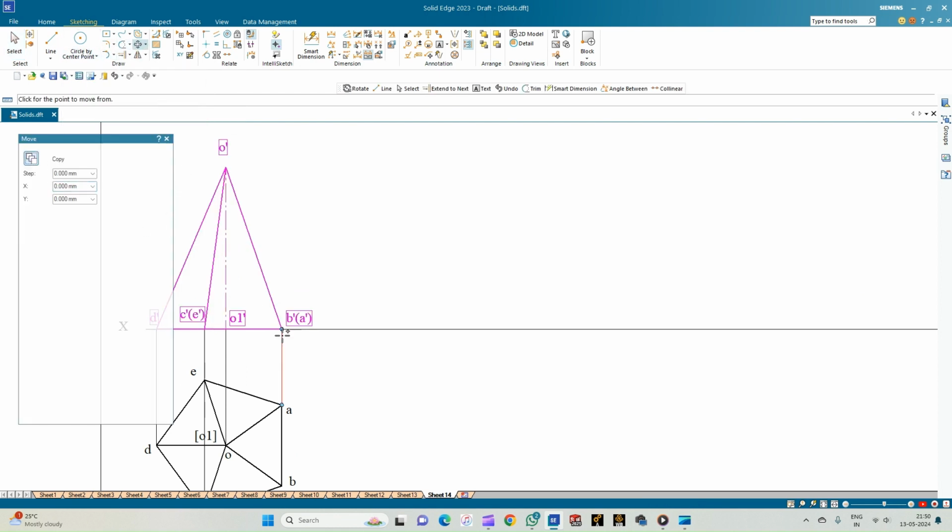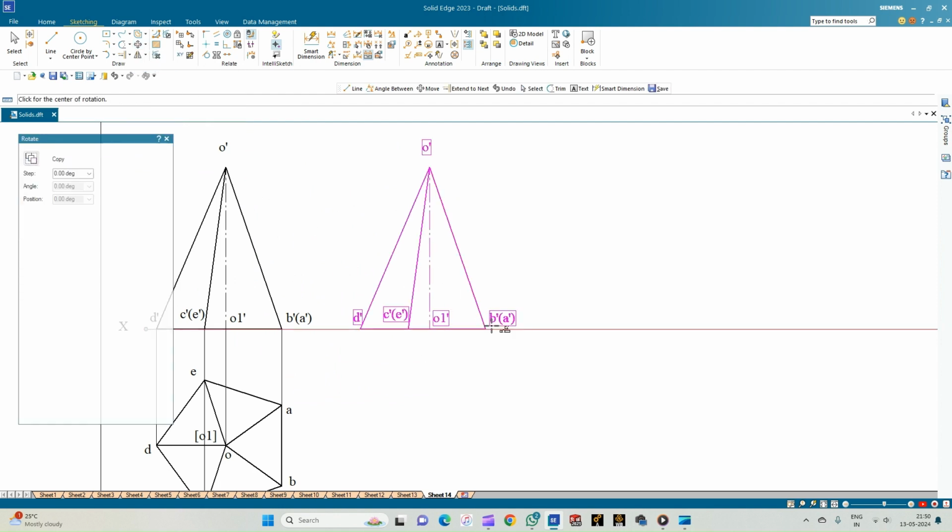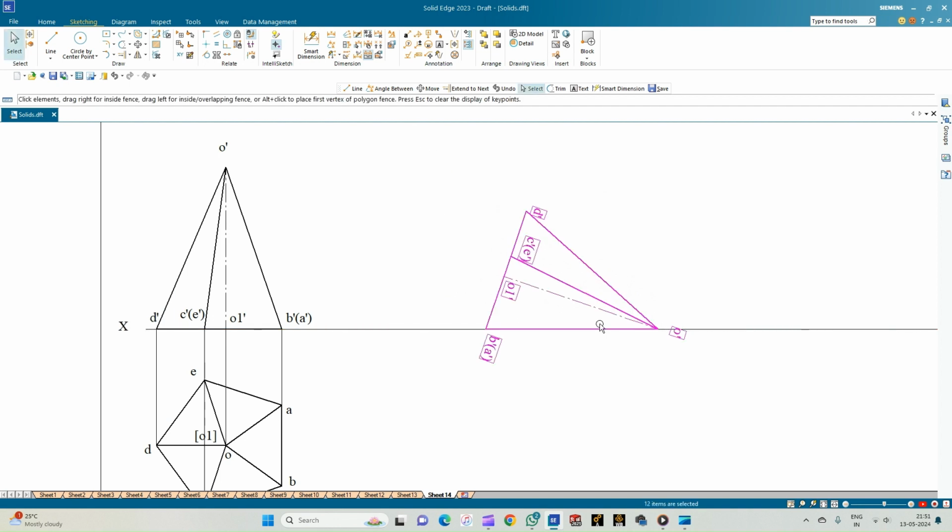Ensure the copy is on, and keeping B dash A dash as the reference point, let us just move this towards the right hand side of the XY line and then rotate using B dash A dash as the first point of rotation and O dash as the second point of rotation, and then make sure it is rotated in such a way that it is resting on this slant triangular face AOB. Okay, so now let us just move this